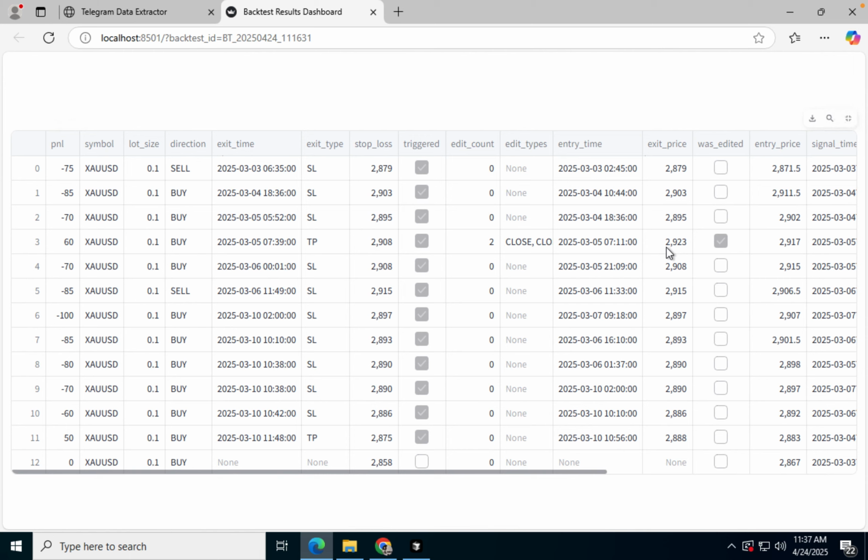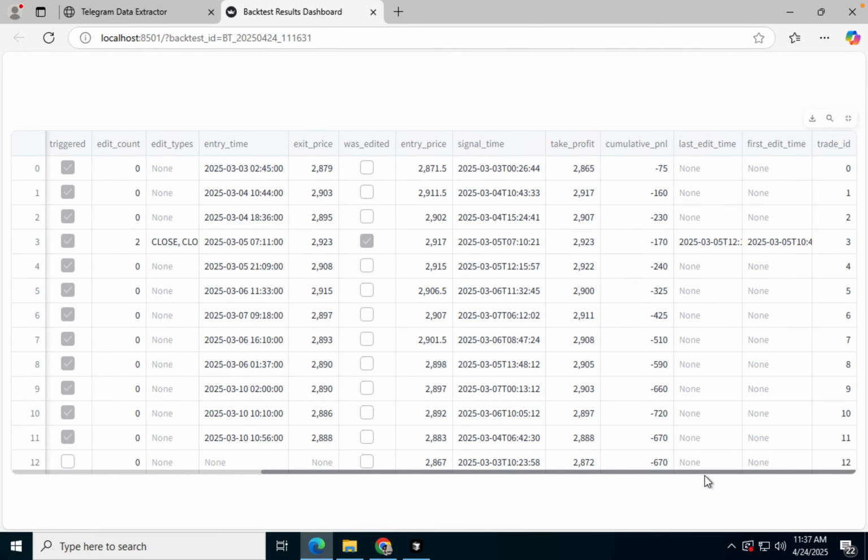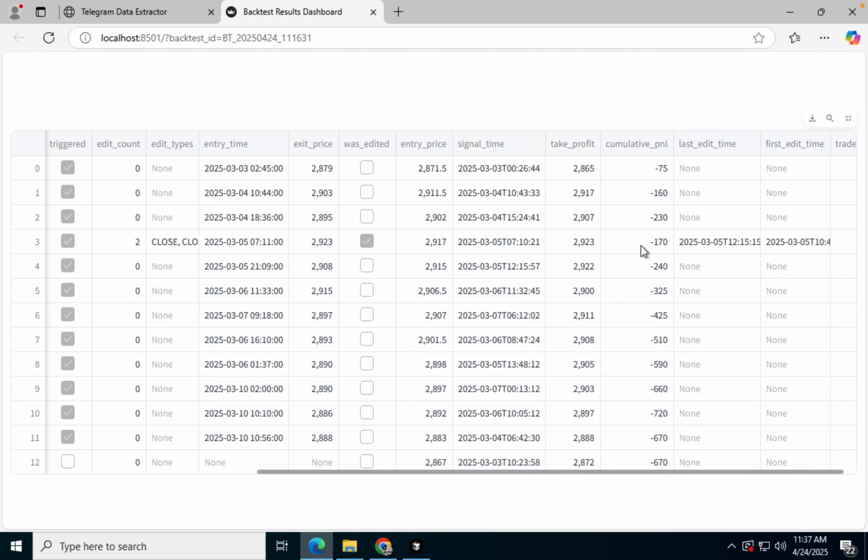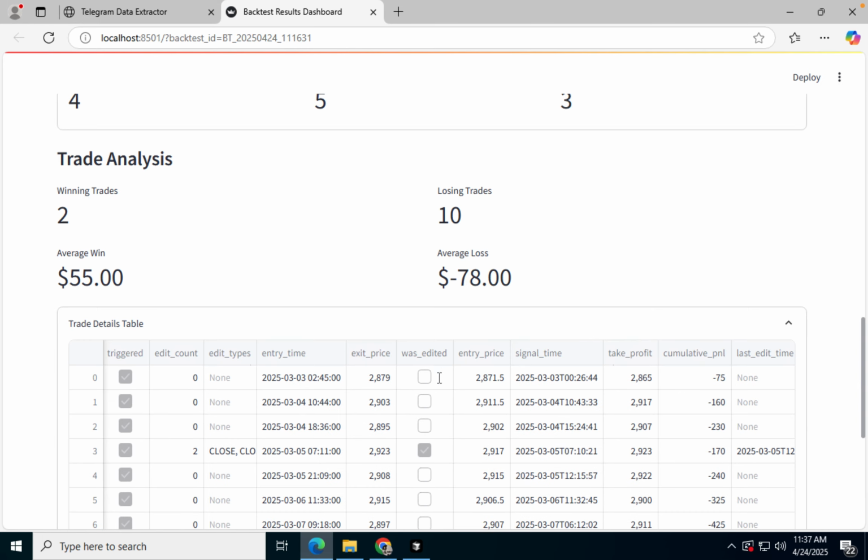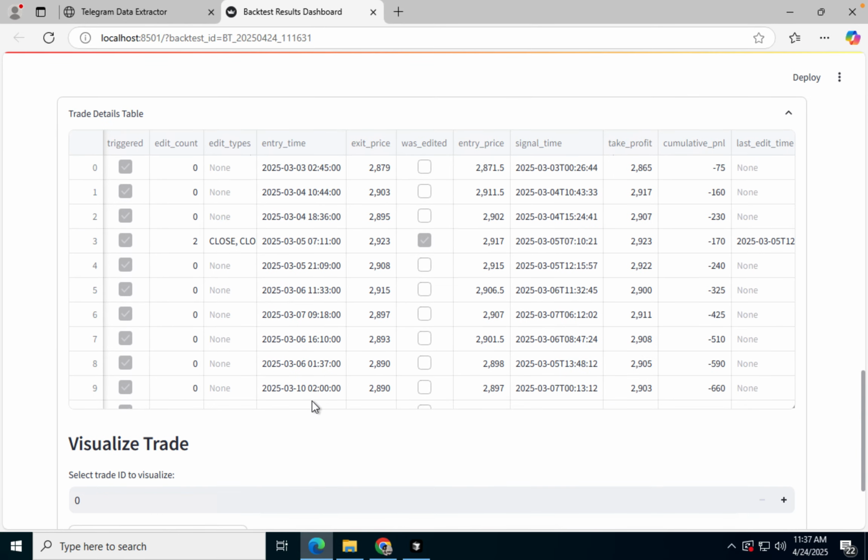So it closed at 29.23. See, the stop loss was 29.08. Entry price was 29.17. So it looks like it did exit for a little bit of profit, as you can see, $60. But we also show you the edit times, so you can see when the edit came through, what the cumulative P&L is, of course, for the channel. So let's go ahead and exit out of that. And then we can actually see, as I mentioned earlier,